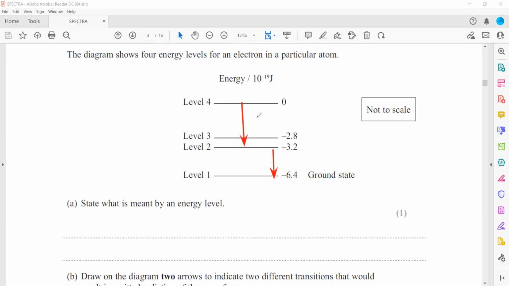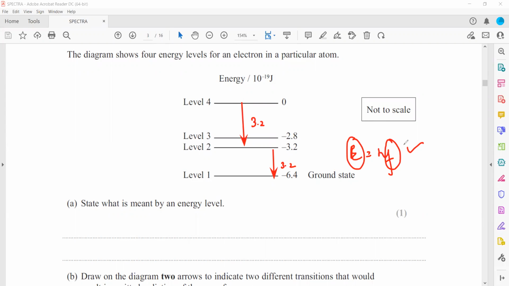So when the energy difference is the same, this transition is 3.2 and this is also 3.2. If the energy difference is the same, and we have the formula E equals hf, so if the energy is the same, they will emit the same frequency, as Planck's h is a constant. And because it's an emission, you should draw an arrow from top to bottom, from higher level to